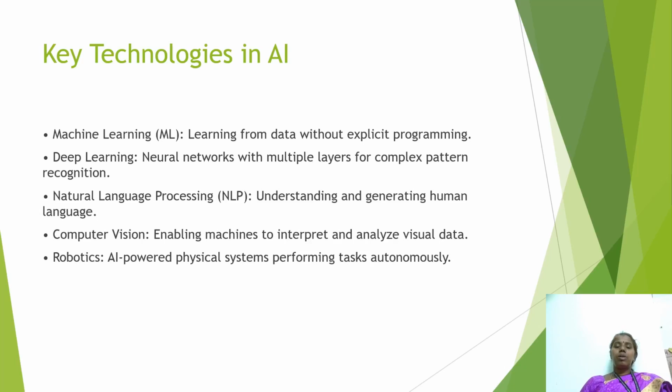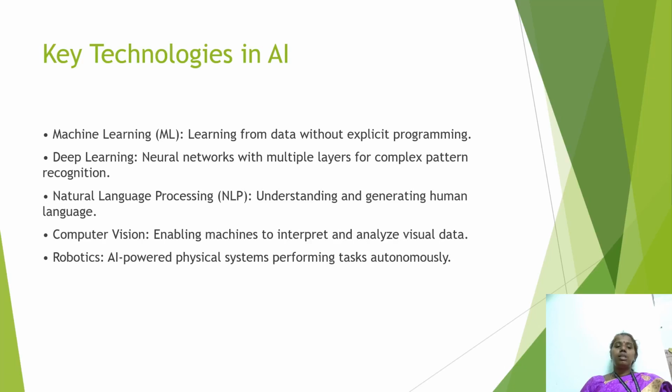Already we discussed what artificial intelligence is. Now, how does artificial intelligence work in the world? First we talk about data and knowledge. Artificial intelligence systems are built upon large databases and knowledge bases. Then the next technology is machine learning. This core technology allows systems to learn from data, identify patterns, and improve their performance without being explicitly programmed for every task.